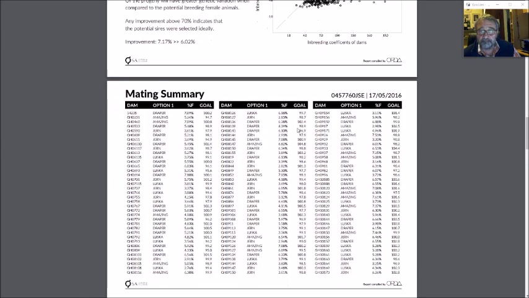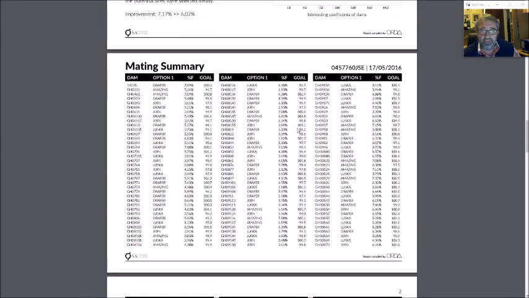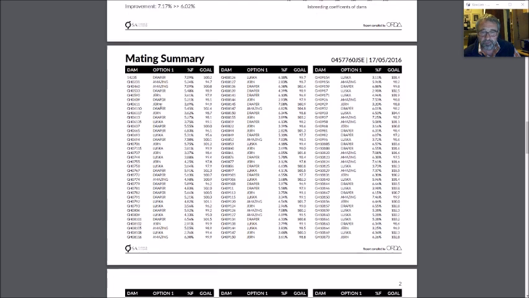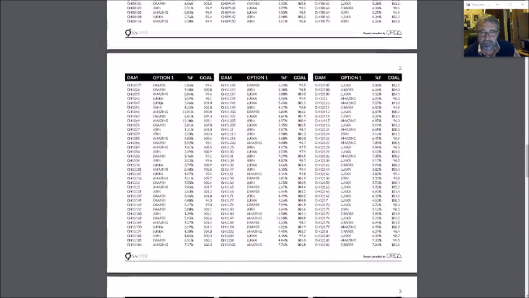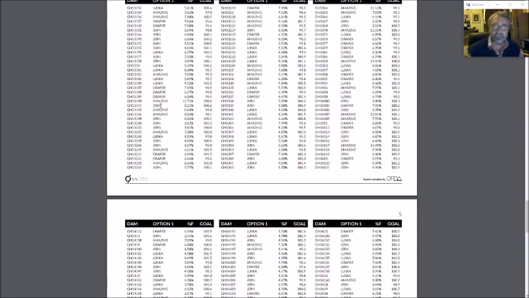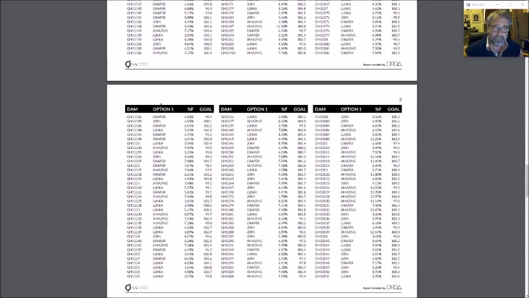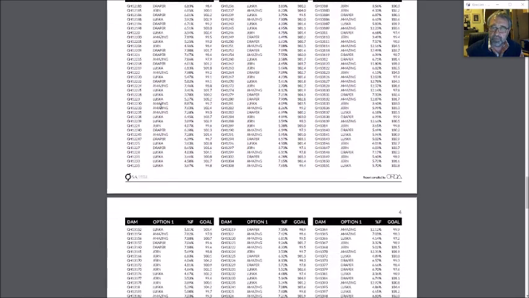So then the results or the options available for mating, each cow and with what bull she should be mated in this case. So basically, to get back to what we were saying, this is a very powerful tool that can be used by breeders and other dairy farmers that